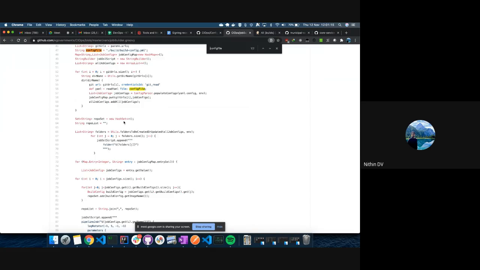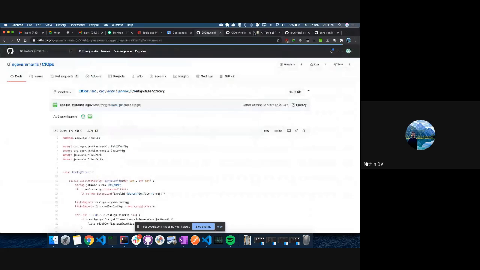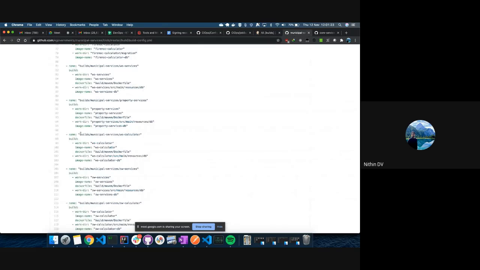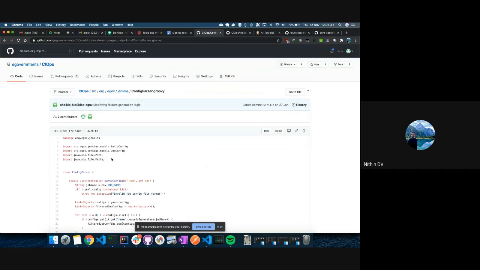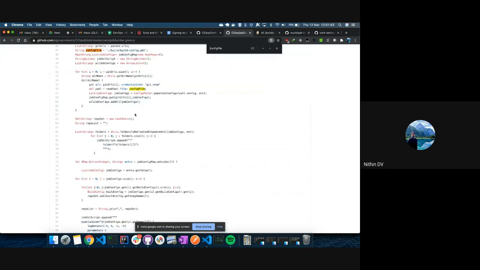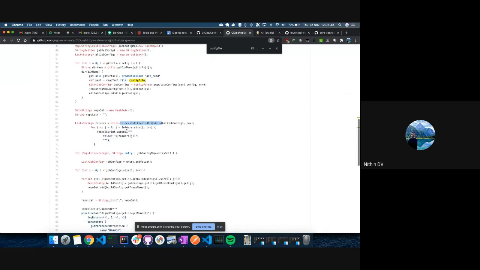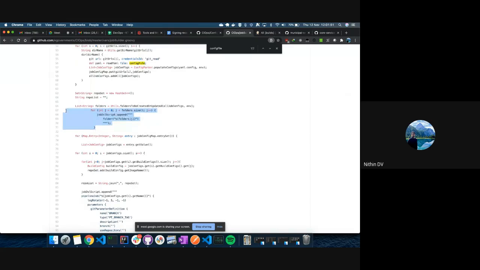The first step is it will create the folders. When you've given the build config.yaml, these are the folders that you want: build slash municipal services. If all of them exist, it's fine. But for the first time when you run it, the build slash municipal services might not exist, the parent directories. So what it will do is just create all the parent directories first. That is the code for folders to be created or updated. That's it. Once you are out of this for loop,